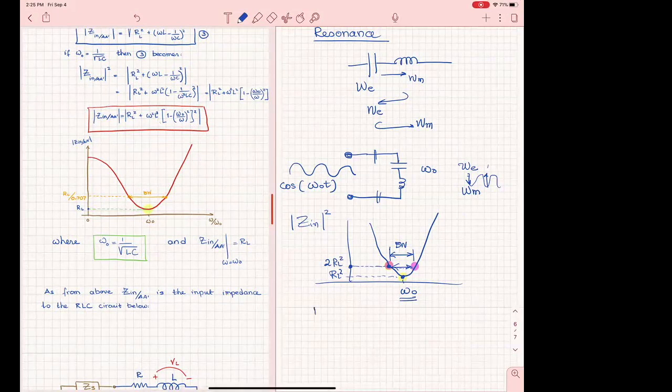Because if you take Z in to be equal to square root of 2 RL, how much is square root of 2? It is 1 over 0.707. All right, it's equivalent. Do you see that? Take the square root of 2 and then make an input, right? So I like to always do it with a half, with 2, because it will mean something later to us when we start talking about power in dBs.